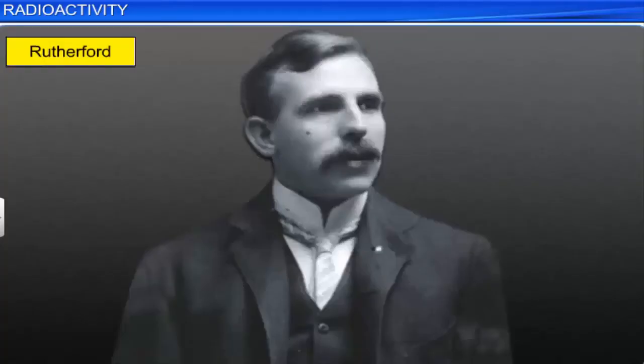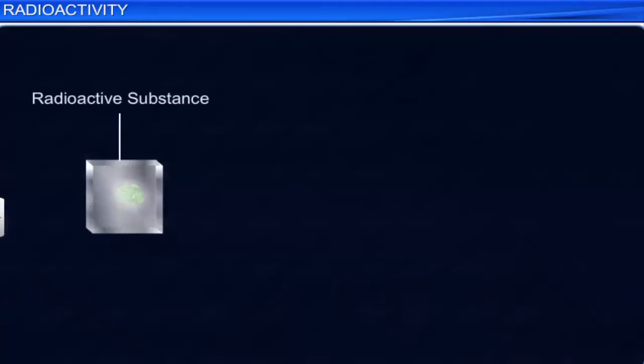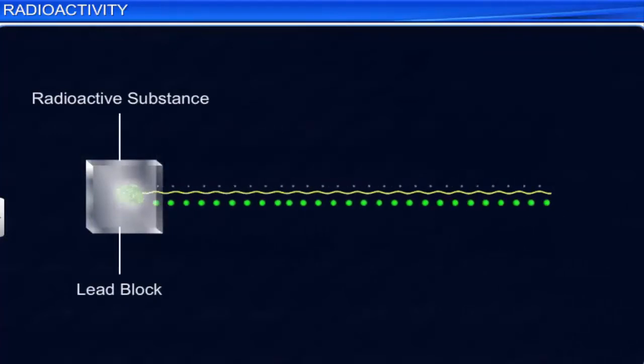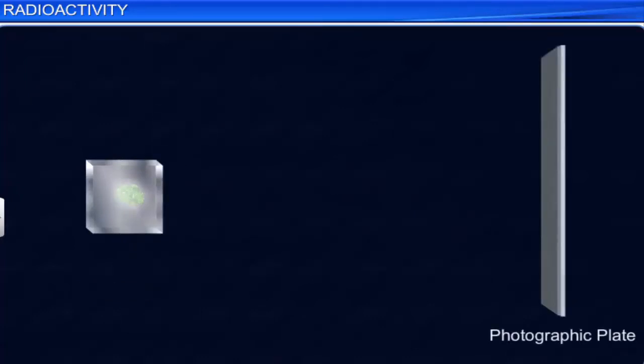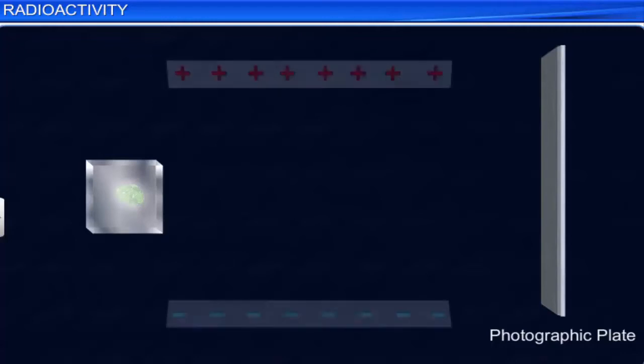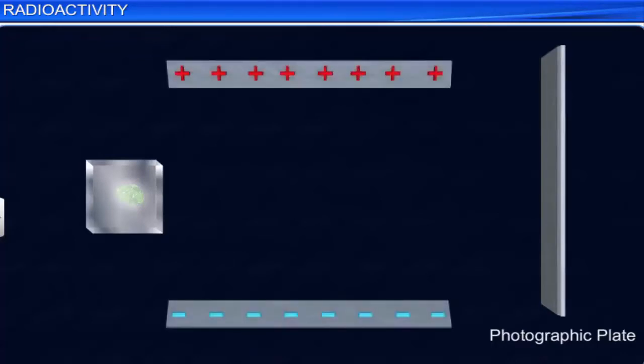Rutherford conducted many experiments to study the nature of the radioactive rays emitted by radioactive substances. He kept some radioactive substance inside a narrow cavity drilled into a thick lead block. The radiations emitted by the radioactive substance emerged through the cavity. A photographic plate was positioned above the cavity, and the radiations were made to pass through a strong electric field,